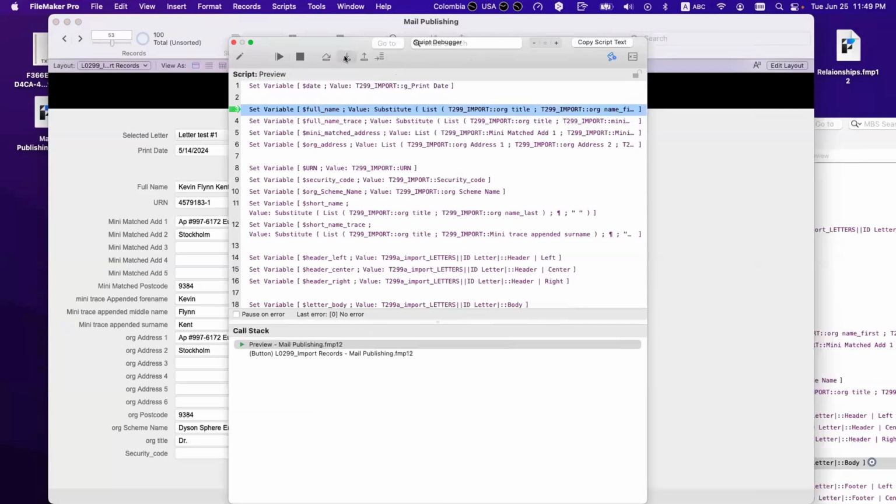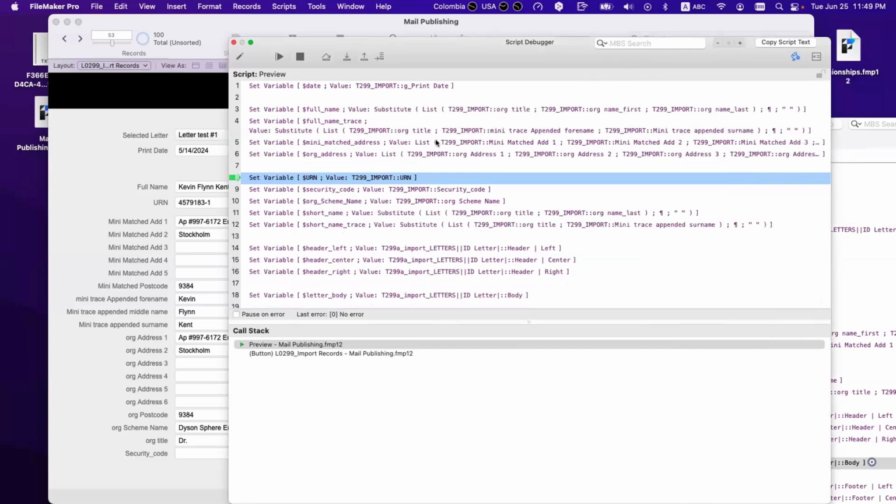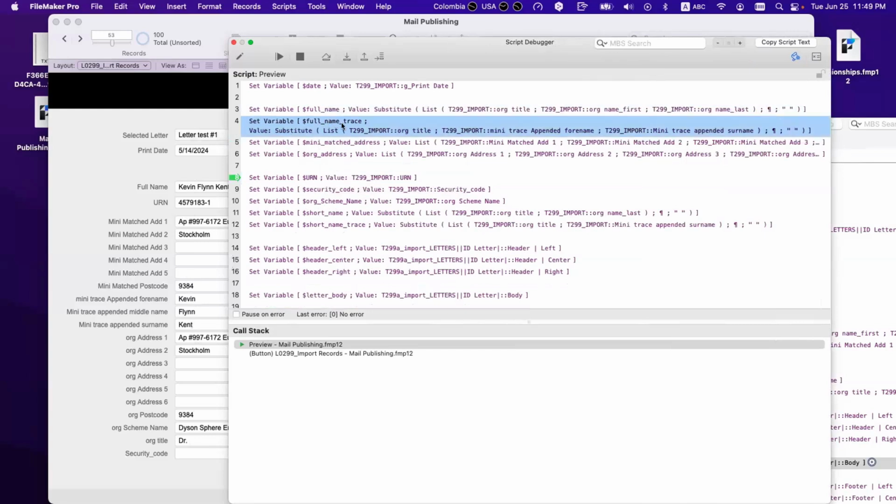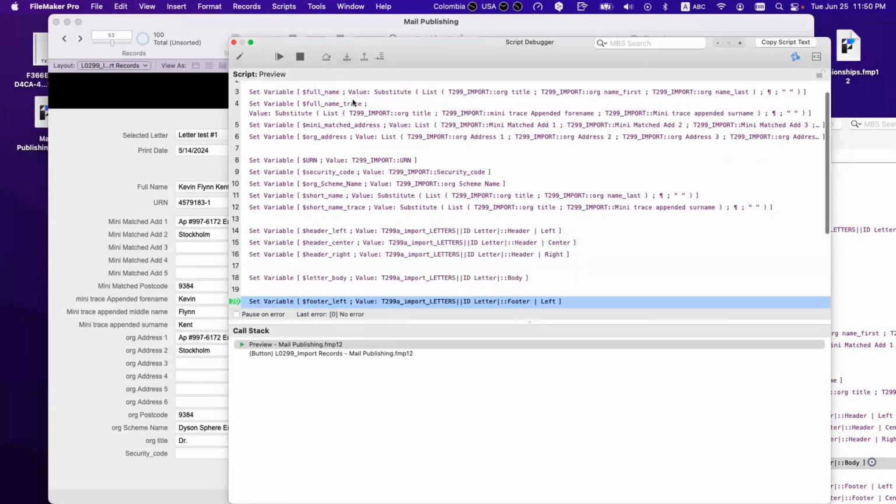I define the date, right? The full name. So I'm defining all the, what's the name? The variable, right? With the data that I have here. So I'm defining the full name based on what I have here. I'm defining this full name based on what I have here, etc. And then all of this is data. Now I'm defining which calc. So I'm defining those. Also,